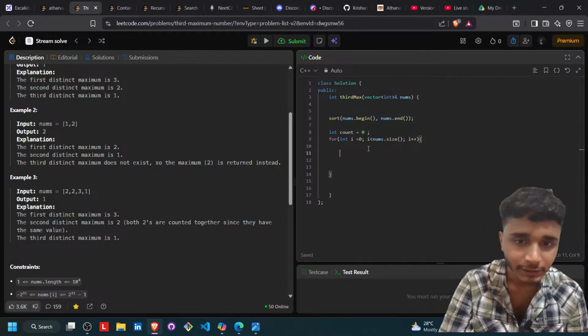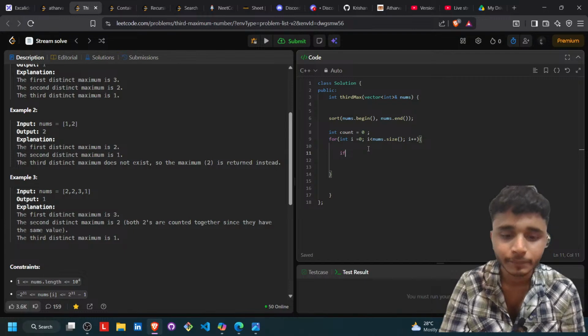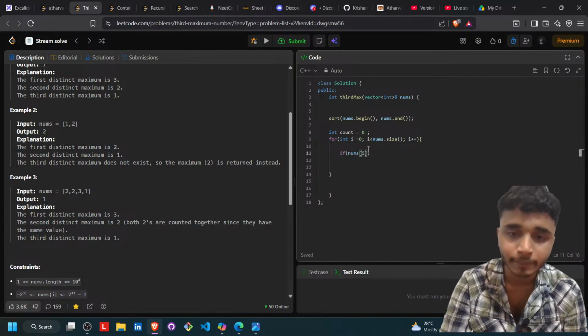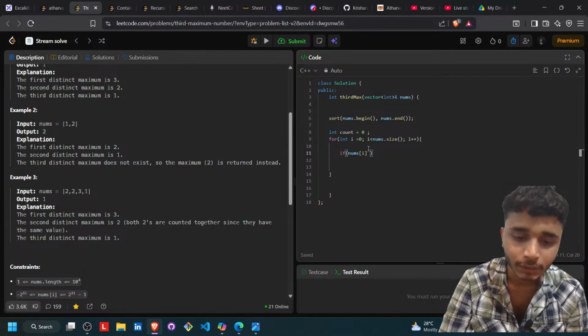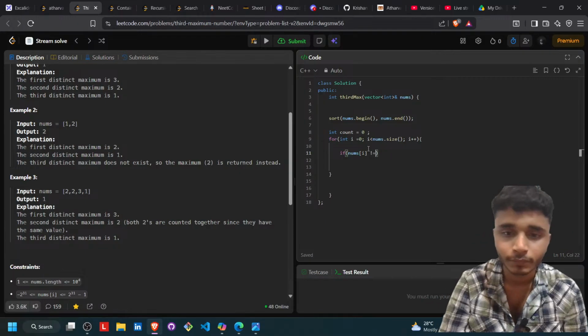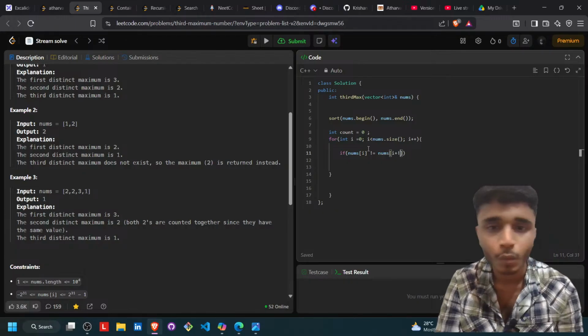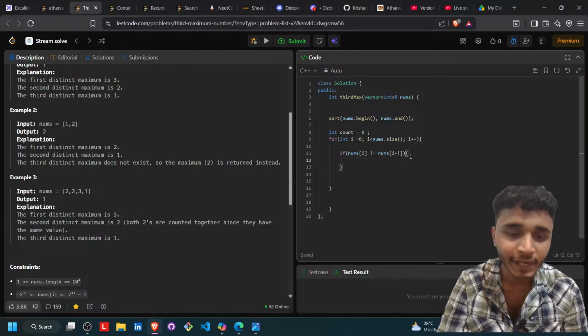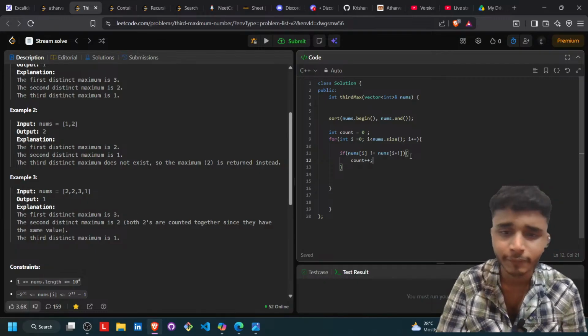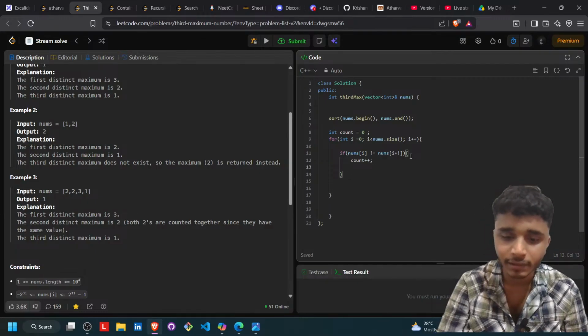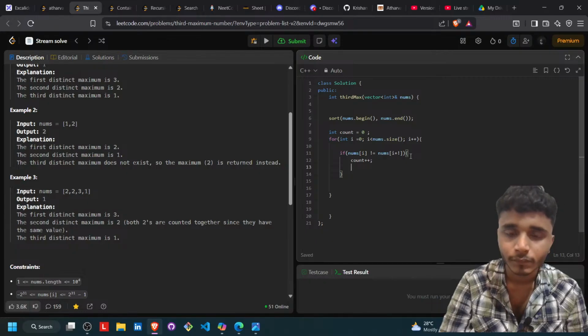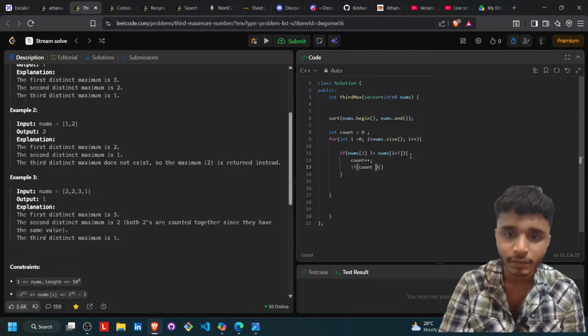If nums[i] is not equal to nums[i+1], every time we have to increase count. Inside this, I think we can use a condition also. If count is equal to 3,